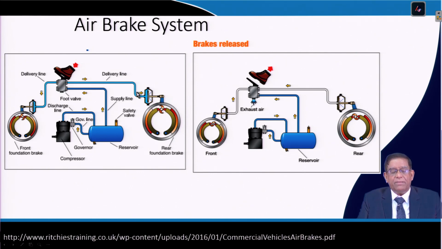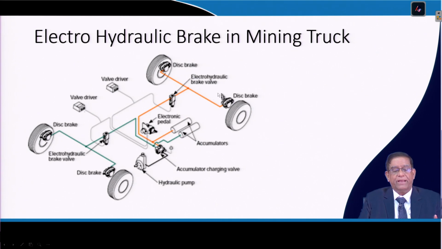Sometimes in a parking brake, at the back of it there is another device, spring loaded, so that when the machine is not running, the parking brake is mechanically applied, so that even if you are on a slope, the machine does not move. When the brake is released, the wheel is free to rotate. When the brake is engaged, there is no free space and the wheel will be stopped. This is how a brake works.